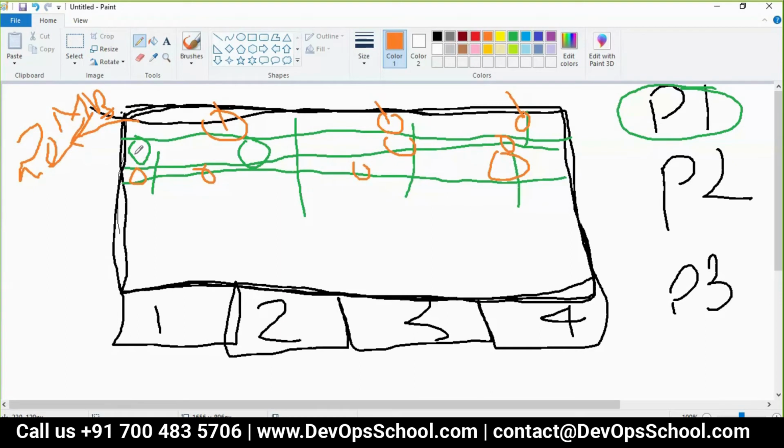At each cluster level, you can also assign a different admin. So here you have an admin, here you have an admin. So you can assign different admins. That way, this guy will not interfere with the others' work, and the other guy will not interfere with this work. So this idea was good, because that way you can manage the 3 different projects without bugging each other. So did you understand the concept of subcluster?